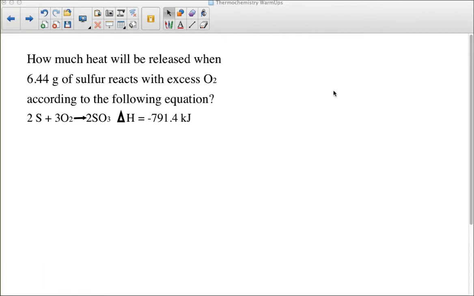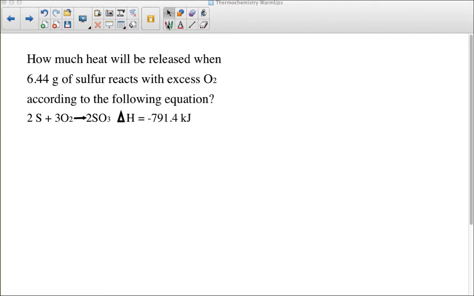All right, so how do we use heat in an equation? Okay, so what we're doing here is we're going to solve this equation using stoichiometry. For example, it says: how much heat will be released when 6.44 grams of sulfur react with excess O2 according to the following reaction? So what this is telling us is, if I have 6.44 grams of sulfur, how much heat am I going to